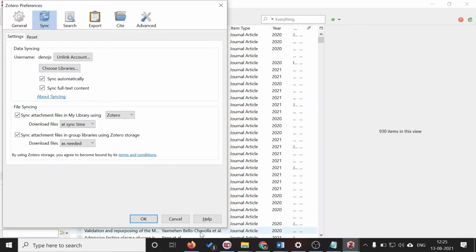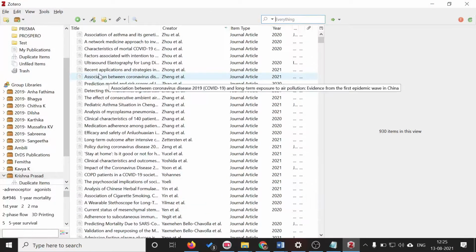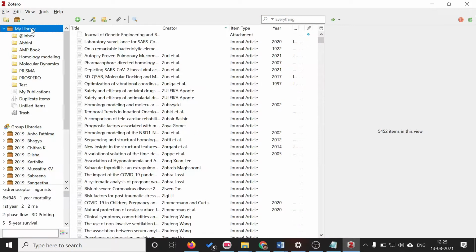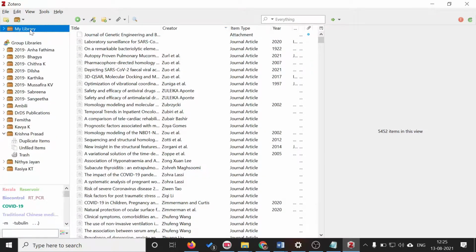the website. So once you connect that, then you will have two options, two lists. The first one is My Library, in which you keep all your different articles downloaded, and it can be kept in your own computer. So My Library is actually the records that are kept for your own use, and it is not a shared library.